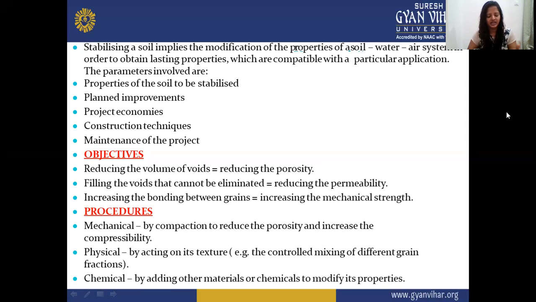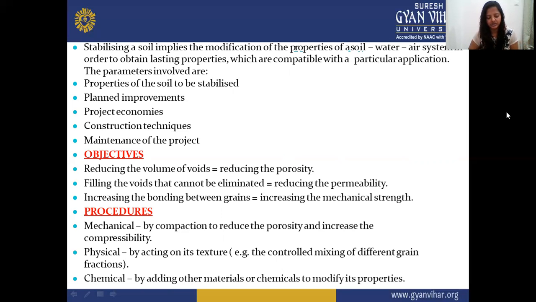So rather, we have to plan which is the most appropriate money-wise, equipment-wise, availability of human resource, availability of the technology that we're using, then again the results which can be produced out of it, the usability of that soil after stabilization. So all these things have to be considered. We come to the main point, which is project economics.